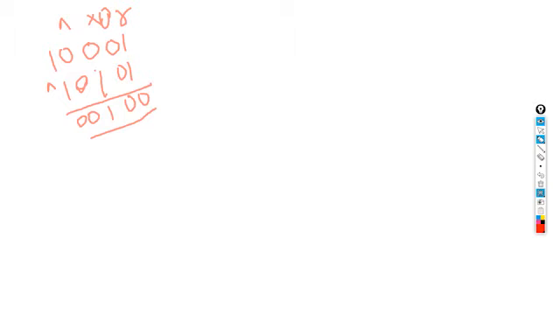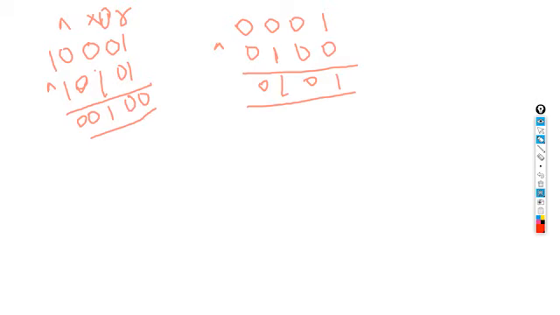So let's try for 1 and 4. The example: 1 is 0001 and 4 is 0100, right? At how many places do we have bit differences? We have two bit differences. Let's see what the XOR results in. It would be 0101. All right, so we have two ones, and we can clearly see that this is 1, this is 4. So we can clearly see from here that the number of set bits, or the number of ones, in the XOR of the two numbers is the answer, right?